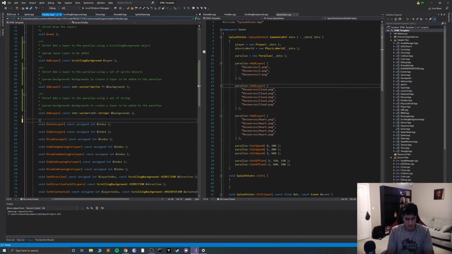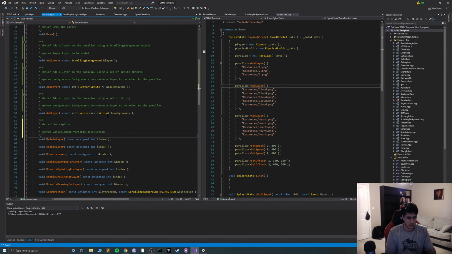Okay, so this is with parameter, no return type, and this is delete a layer. Index of the layer to be deleted.